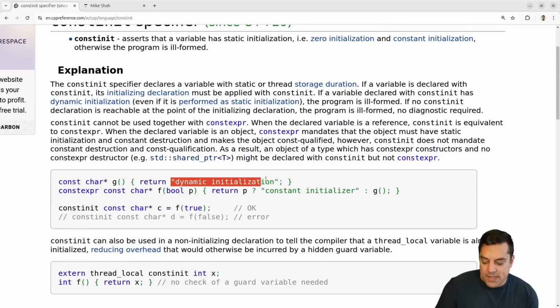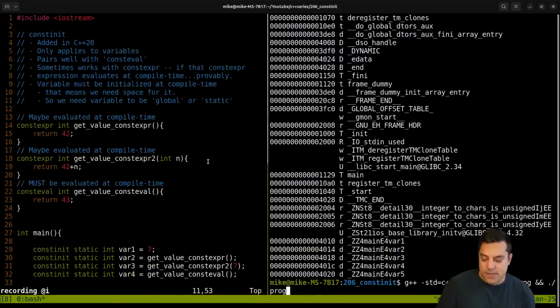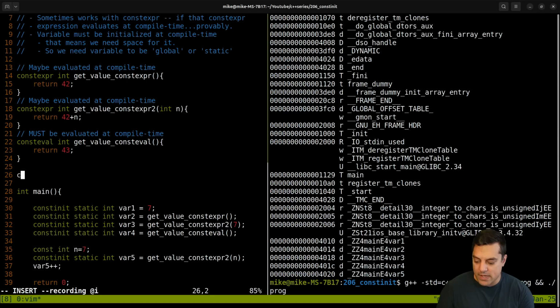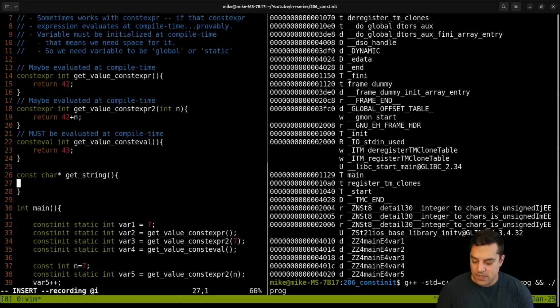I guess the last thing that I want to do here, just to demystify, is why does this example work here? And maybe this is a reminder for some of you folks. Let's actually do it here: const char star. Let's call it get string. Return hello